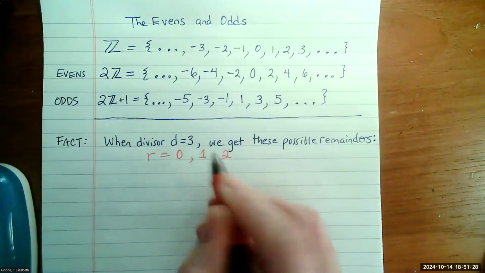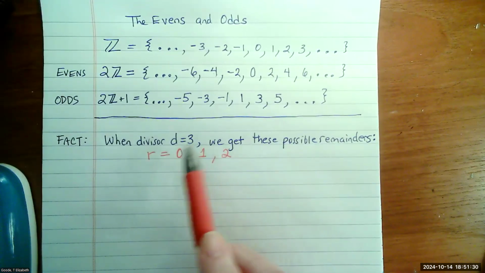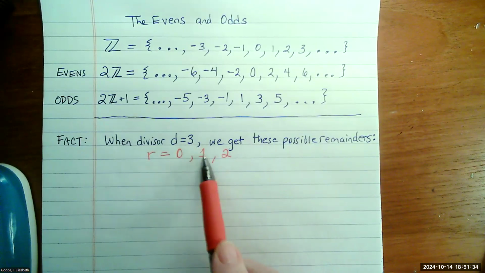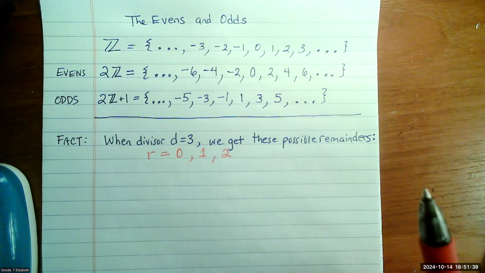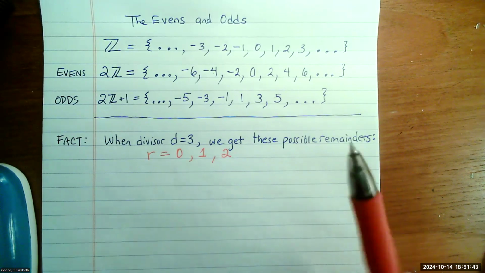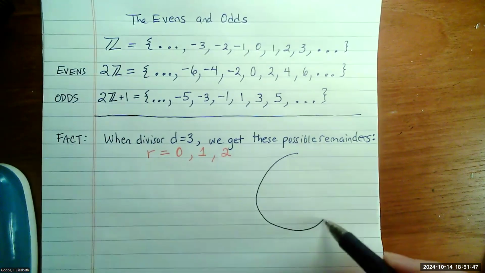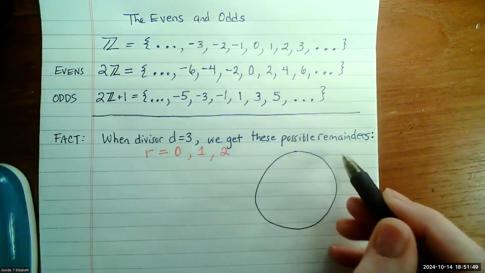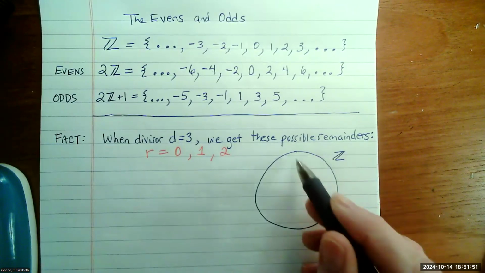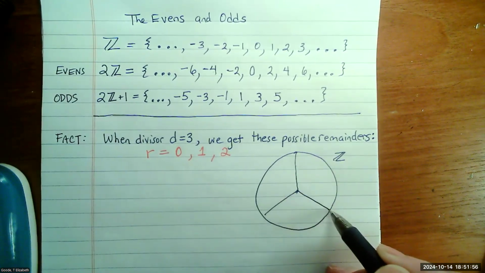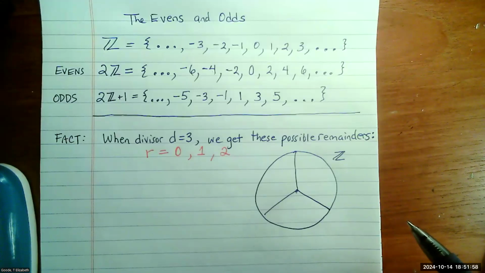So the cool thing is, folks, if you're starting to see a kind of a pattern here, when the divisor is 3, there are 3 possible remainders, 0, 1, 2. If the divisor was 4, there'd be 4 possible remainders, 0, 1, 2, and 3. You see what I'm saying? And we can play this game of thinking about how the integers get partitioned, that's a thing, split up, into 3 subsets based on the remainder